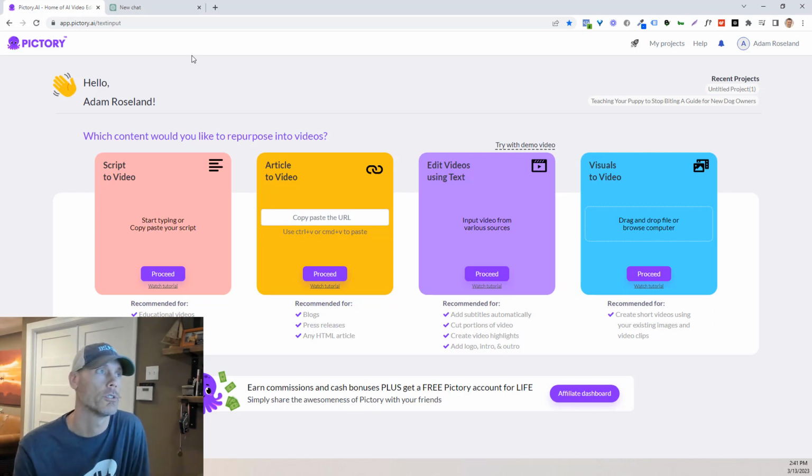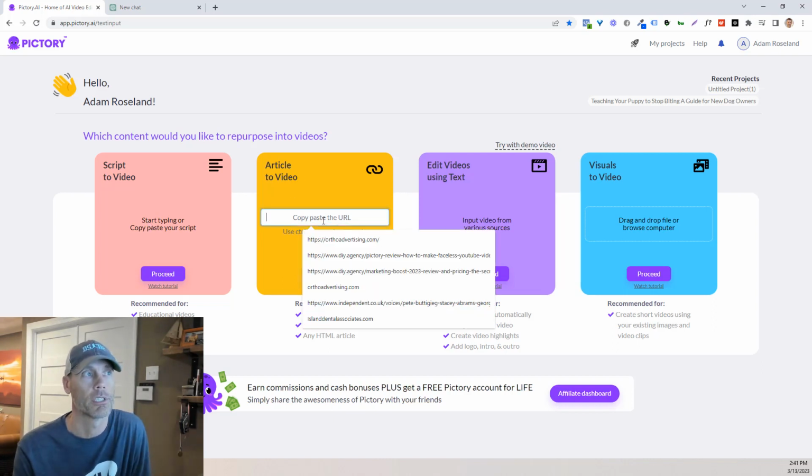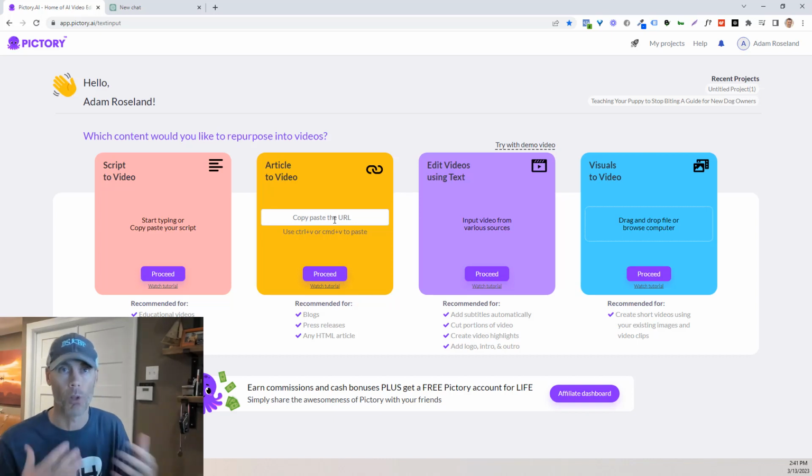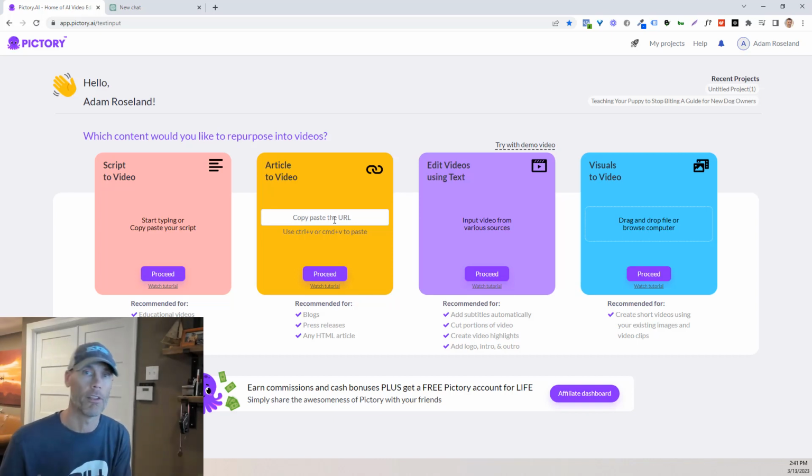If you choose, you can also use an article to video where you literally just copy and paste a URL, and it'll pull out information from there. In fairness, I'm not a big fan of this because I don't know that it always pulls in the relevant content that I want it to pull in. So I prefer to load it with information rather than hope that it extracts the right information for what I'm